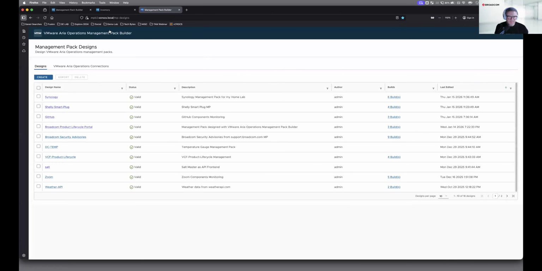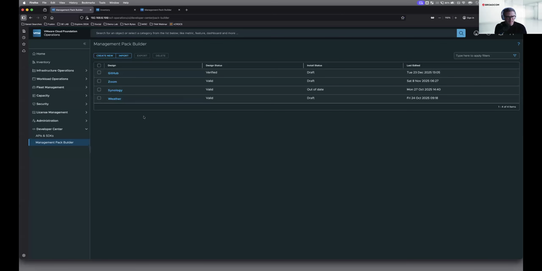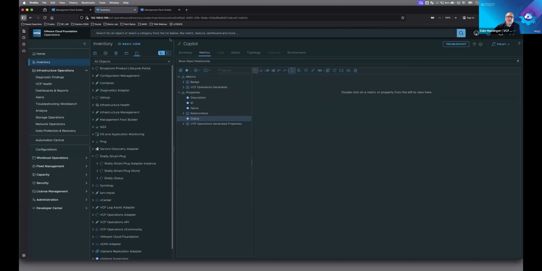Hey, Dale, any of the management packs that you were showing today have relationships? Did you create relationships in any of them? I don't in these. I know I've done some in the past, and I know you've done some. What Brock is referring to is like, let's say, with storage. I was showing Synology. So let's say you have some LUNs that you are talking to a storage array, and